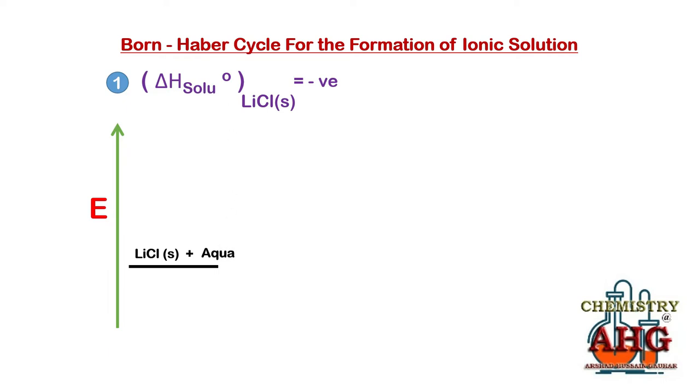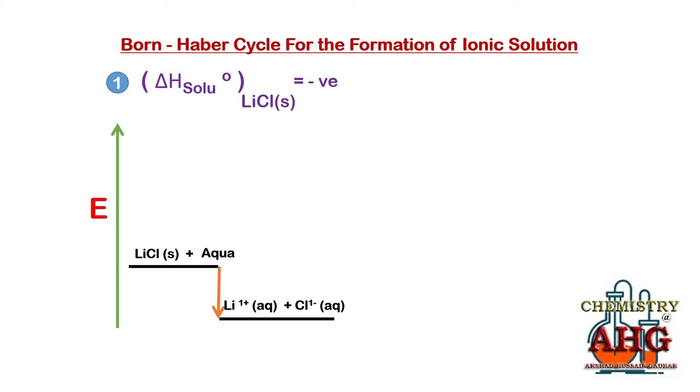Now since the reaction is exothermic, the products produced from this reaction, they will be present at a lower level, so the arrow will go downward from this position, and at the end of this arrow we will place the product. What is the product of this reaction? Hydrated lithium ion and hydrated chloride ion. The ions will be present into the solution form. Now you can see we have prepared solution of lithium chloride using one step only.